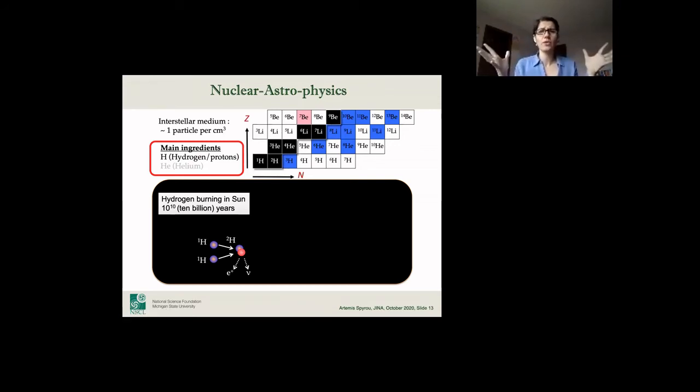You have so much hydrogen, and if it's just easy to fuse two hydrogen nuclei and make something else, then everything would just be done in probably a few seconds. There will be an explosion because there's nothing stopping this process from happening. And so the fact that this reaction is so slow is the reason that our sun burns its fuel slowly, and we're here to look at it and wonder about it.